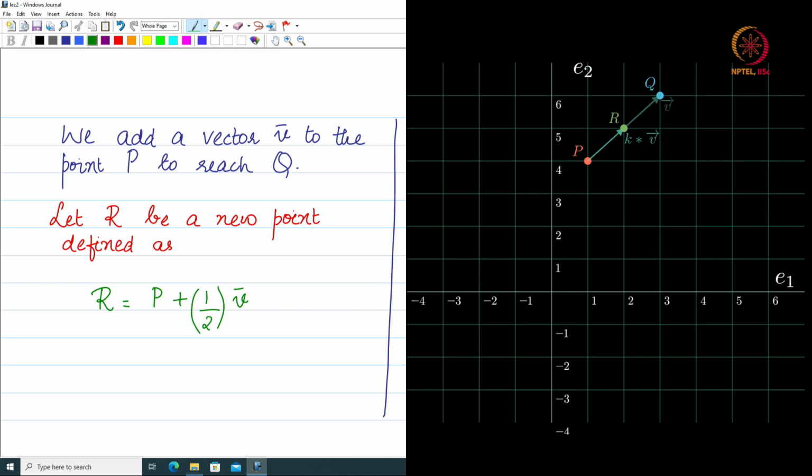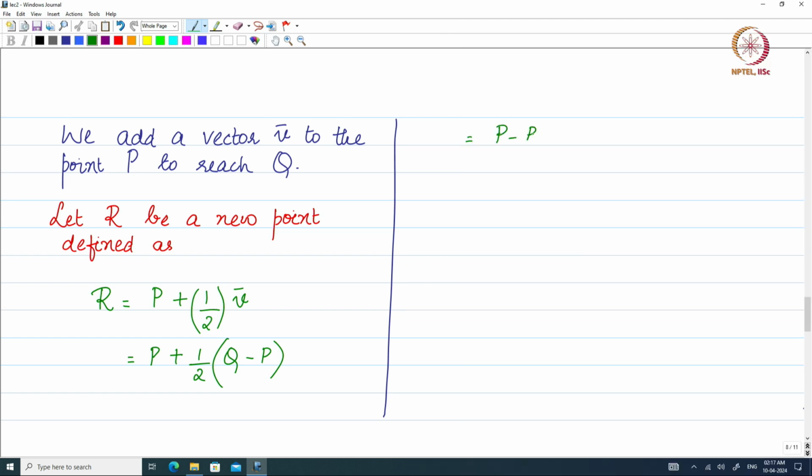And what is the scaled version of vector V? That is pretty easy to know, because V was obtained as Q minus P, the difference between the 2 points that we had. So, this is going to be equal to P minus P by 2 plus Q by 2, which is nothing but P by 2 plus Q by 2, which is basically giving me P plus Q by 2, which is actually half of P plus Q. And what is half of P plus Q? That is something which we all know, that is basically the midpoint of the line segment,